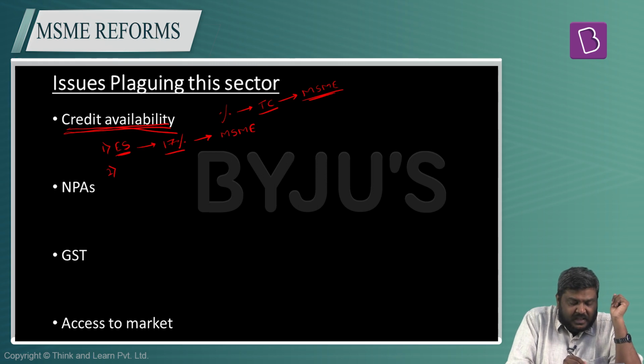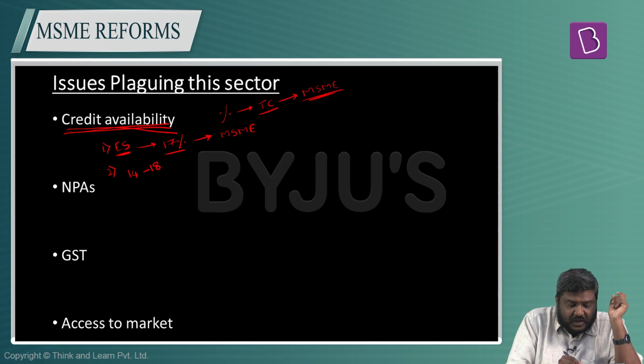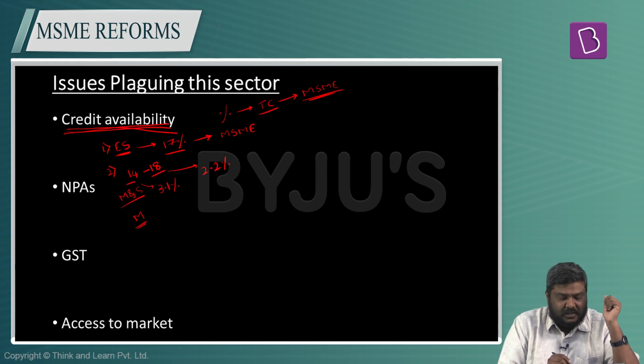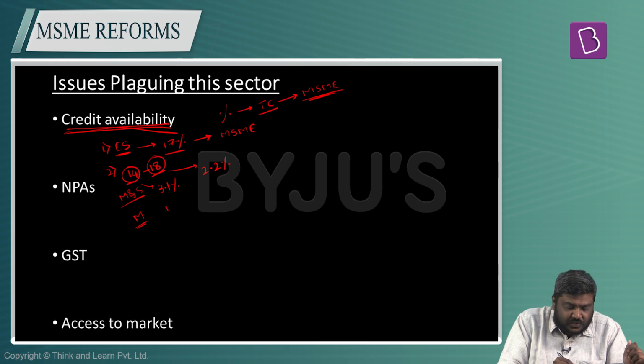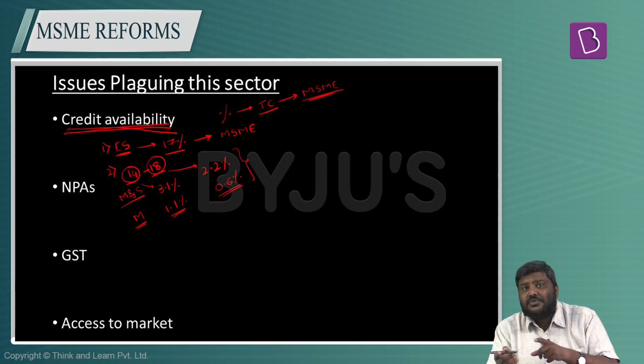Second, as per another survey, it has been found that the credit between financial year 14 to financial year 18 to micro and small industries actually reduced from 3.1% of GDP to 2.2% of GDP. Whereas for medium sector enterprises, the credit between the same period, that is financial year 14 to financial year 18, has reduced from 1% of GDP to 0.6% of GDP. So you can see that the credit which is going to the MSME sector has also reduced between 14 to